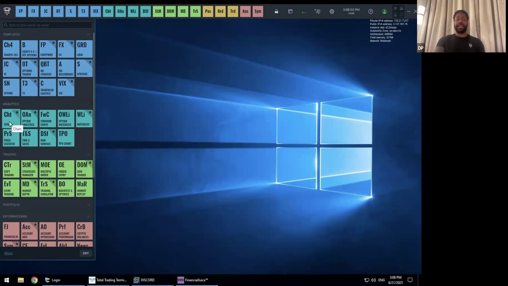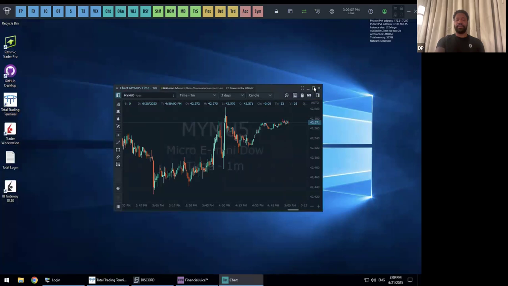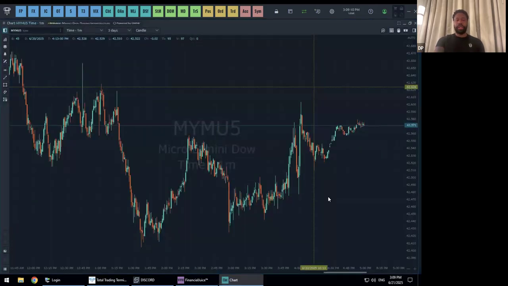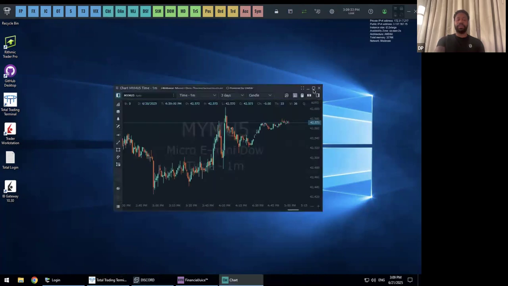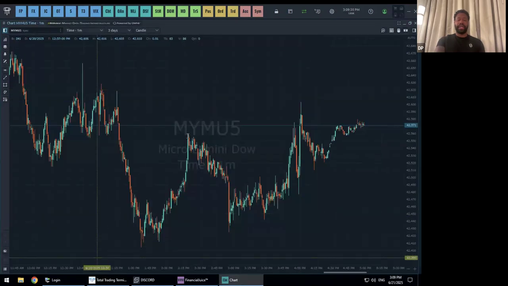So you can simply click chart, or if you want to make it a quick template, you can star it at the top and you can see that it'll pop up here. I'll click chart and boom, I got a chart. We can see that I have some data. Even though the market's not open, you can see the data on the chart. So that's one way to get a chart. The other way is if we had already set it as a template, up here in our shortcut tab, I could just click chart and boom, I got a chart. If that makes sense,